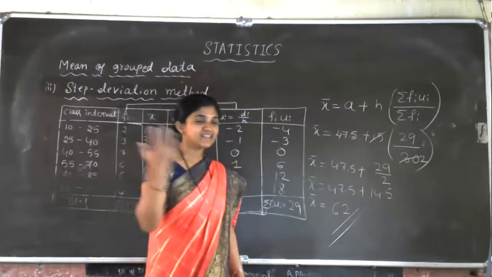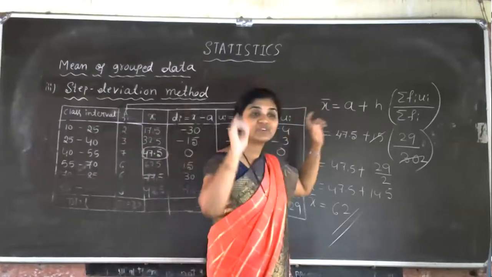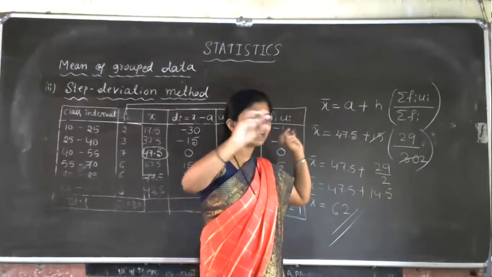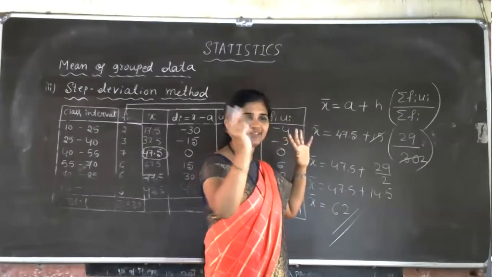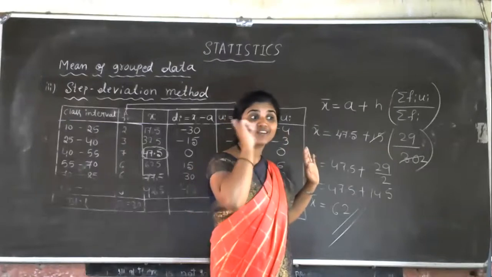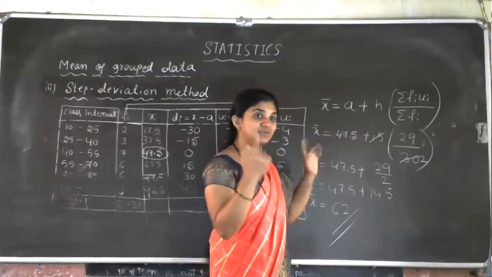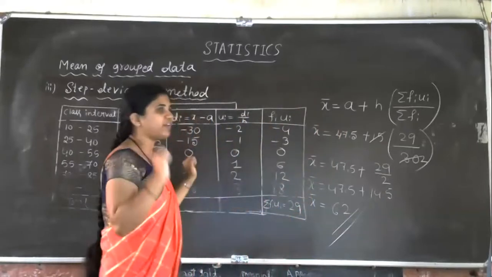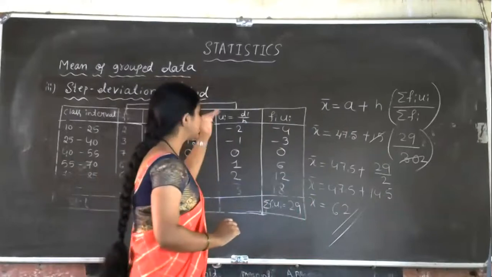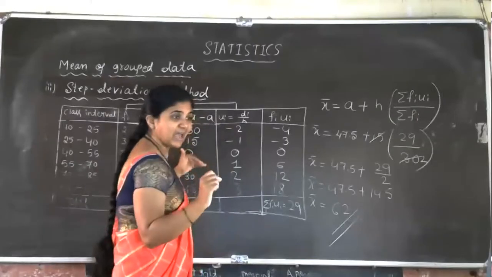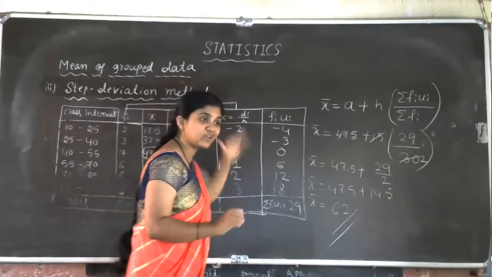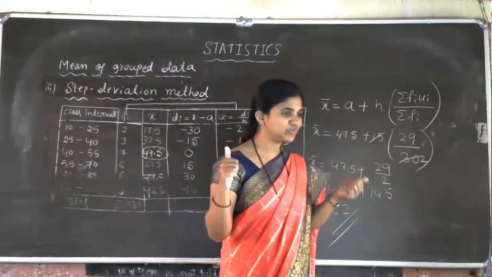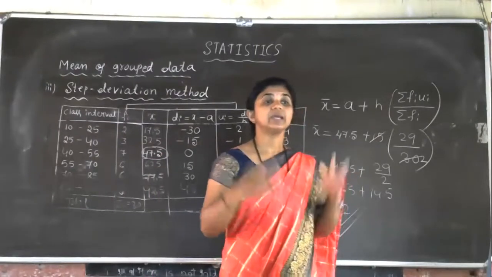Got the idea? So then you can do these tricks and all, no? In the direct method, actually, you got 62 only. Next we applied one trick. We removed the assumed mean from each observation to make the values small. In that method also we got the same answer 62. Then we wanted even simpler values, so we divided each di by the class size. Then we got small values, and also the same answer 62. So these tricks are really true, no? Yes. So this is about the step deviation method.